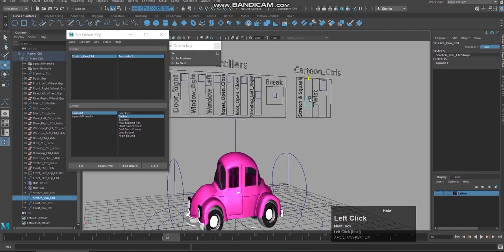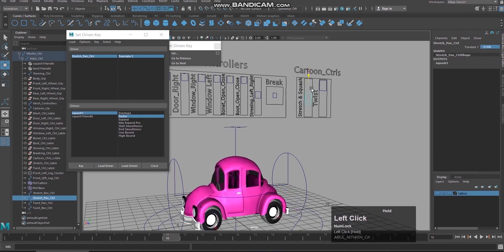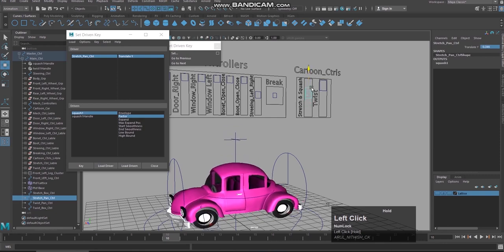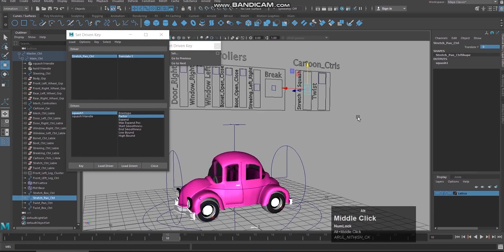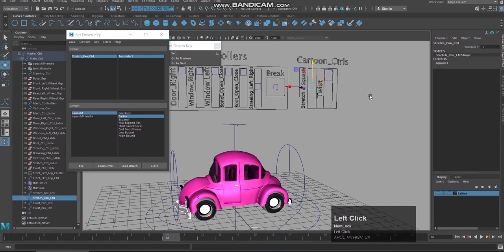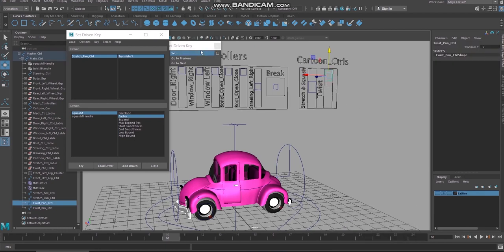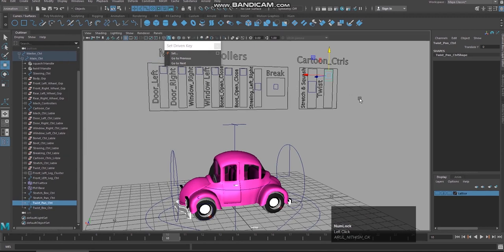The tricky part is applying the lattice deformer and cluster for the legs. This is the easiest part. That is the tricky part. The same technique you follow and apply for the twist. You can select the twist handle and load it as driven. Then you can select in which axis it needs to be applied, right?